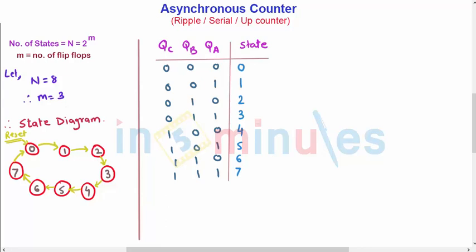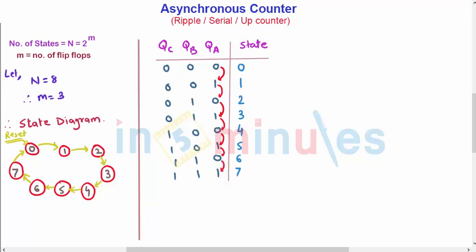Now let us see carefully for the A bit, that is QA, the output of flip-flop A. If we observe the column of QA, for each clock pulse the output will change. Then the outputs are nothing but the states. So for each clock pulse, particularly for QA, it will go from 0 to 1 in the first clock pulse, 1 to 0 in the second, again 0 to 1, 1 to 0, 0 to 1, 1 to 0, 0 to 1. So there is a ripple. QA is continuously changing for each clock cycle.